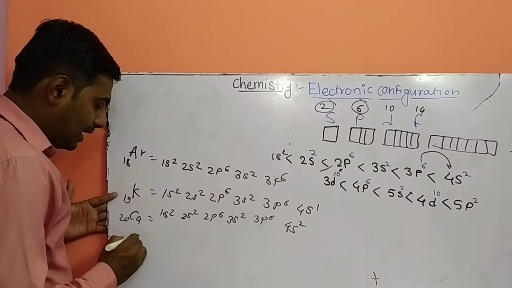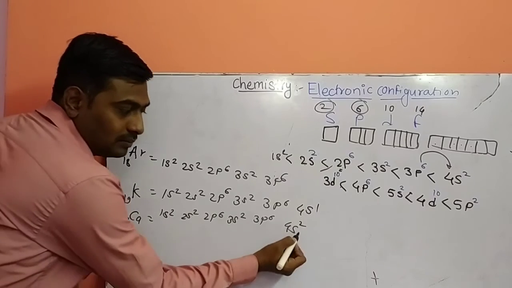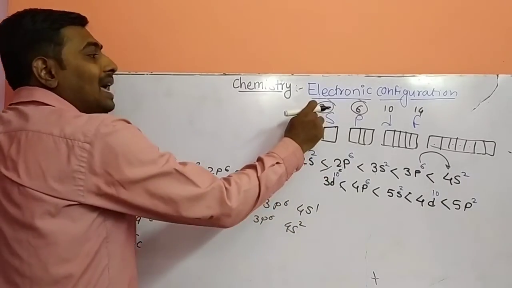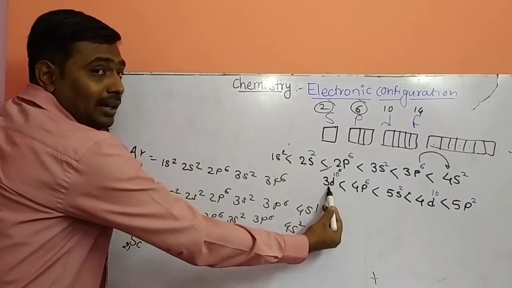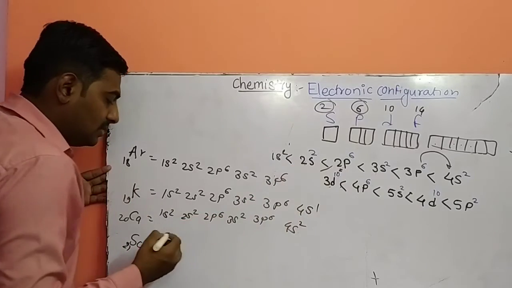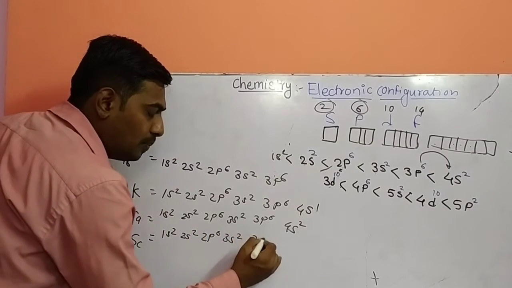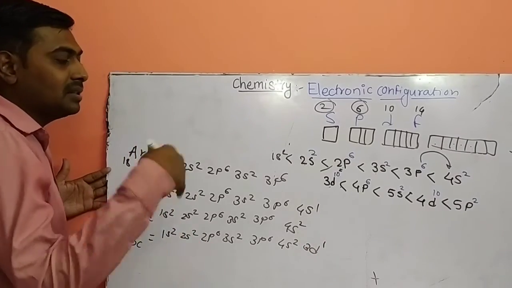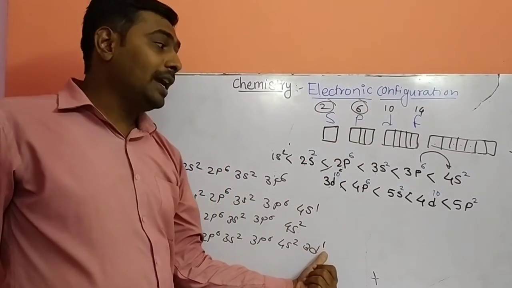Next, atomic number 21, scandium. So what is the electronic configuration of scandium? See, can we write the next electron in this orbital? No, because the s orbital has 2 electron capacity. So after the s orbital, which orbital is there? The 3d orbital. So for 21, the next electron enters in the 3d orbital, that is 1s2, 2s2, 2p6, 3s2, 3p6, 4s2, 3d1. Next 3d2, next 3d5, next like this one. Up to what? Up to 10.